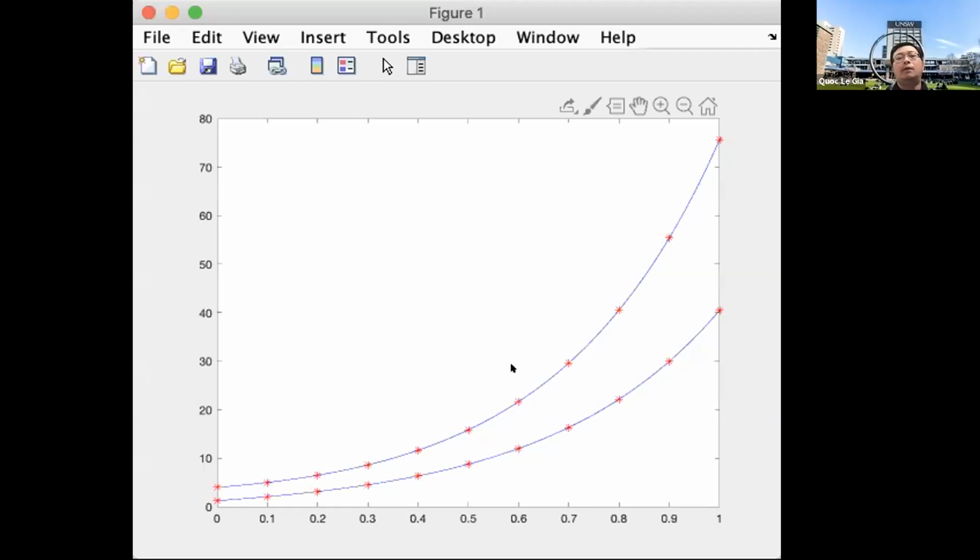Okay, so the output is like this. I agree very well with the exact solution. So for the project, you have to do exactly the same. Plus, you have to derive the errors table and the order of convergence. Okay, but that is more or less the